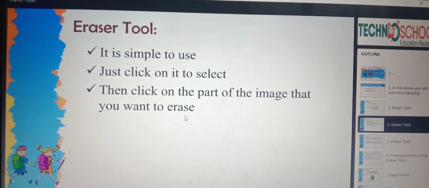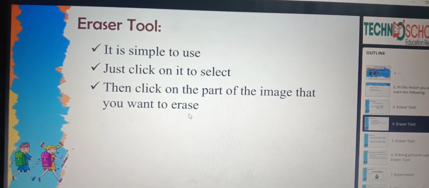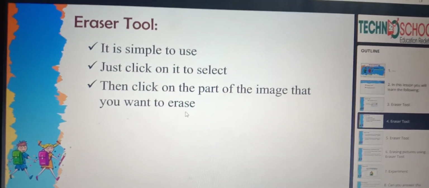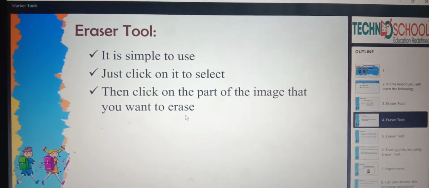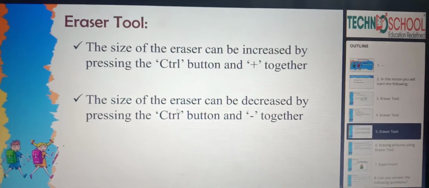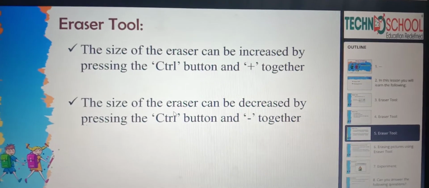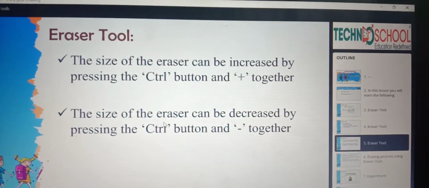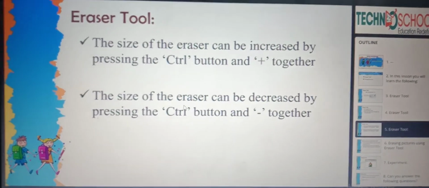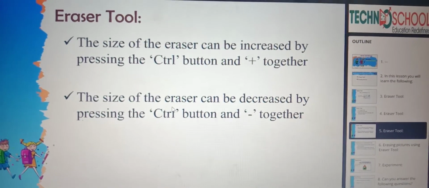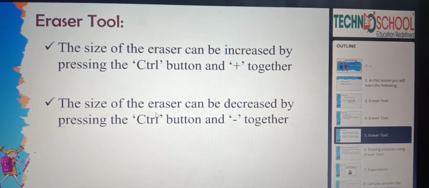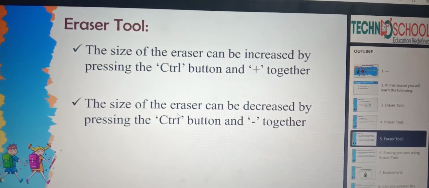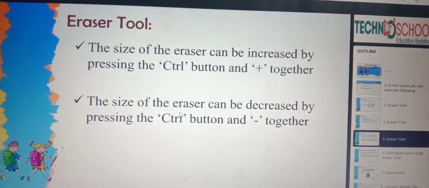And we have sizes of eraser also, right? Yes. In MS Paint also, we have sizes of eraser for erasing. By default, in the Paint window we have the sizes of eraser. And you can also use the keyboard buttons.